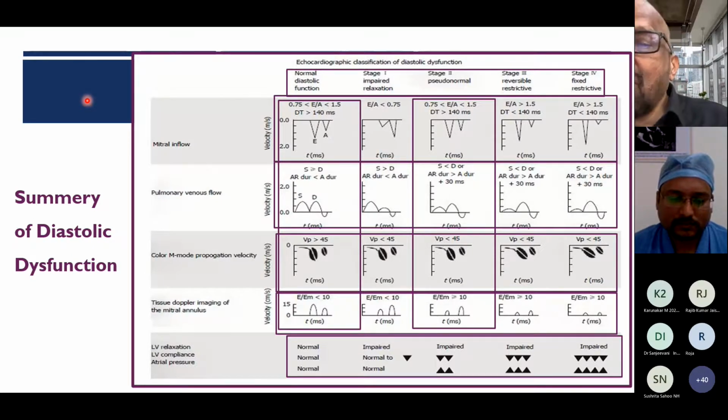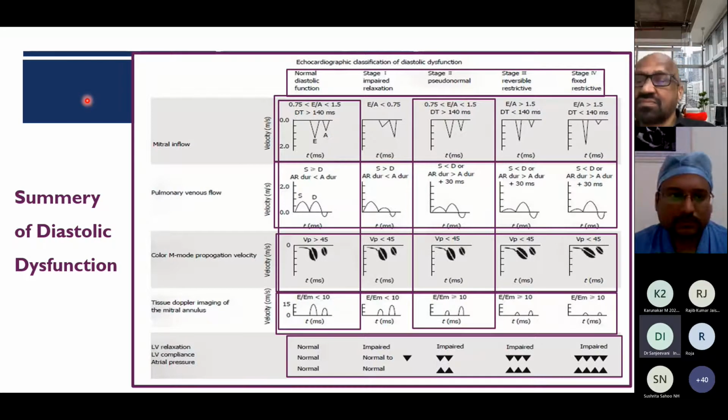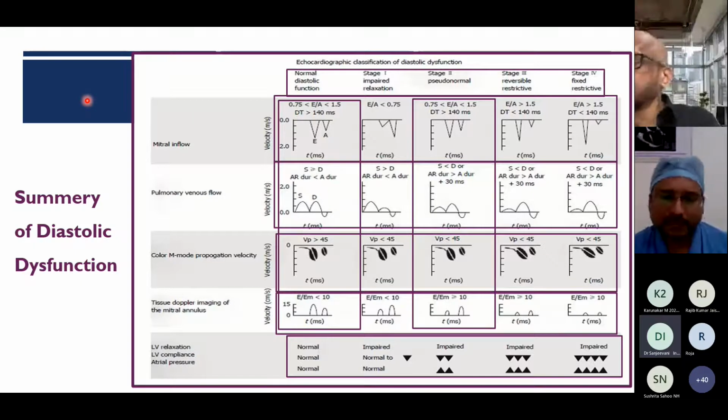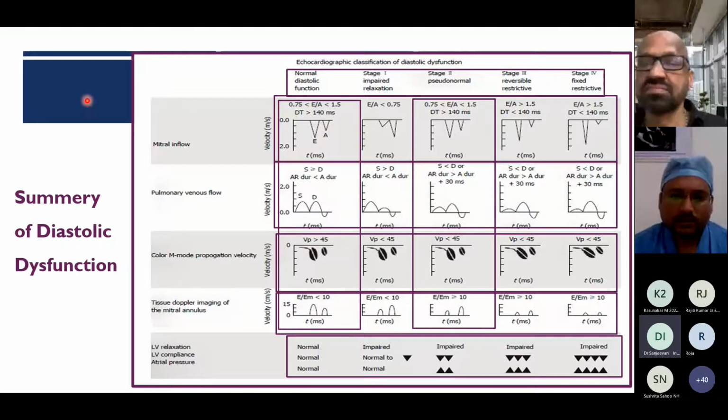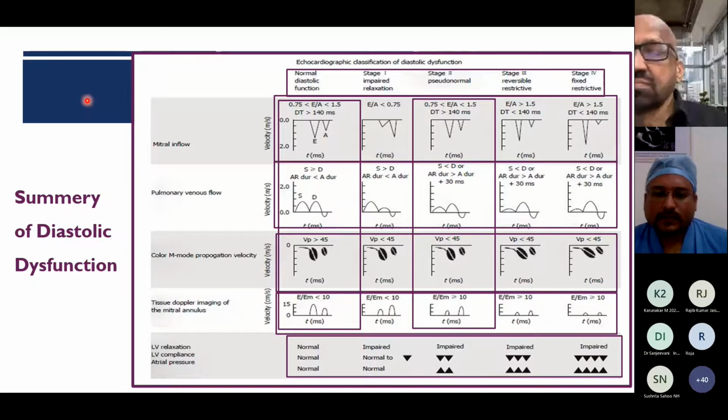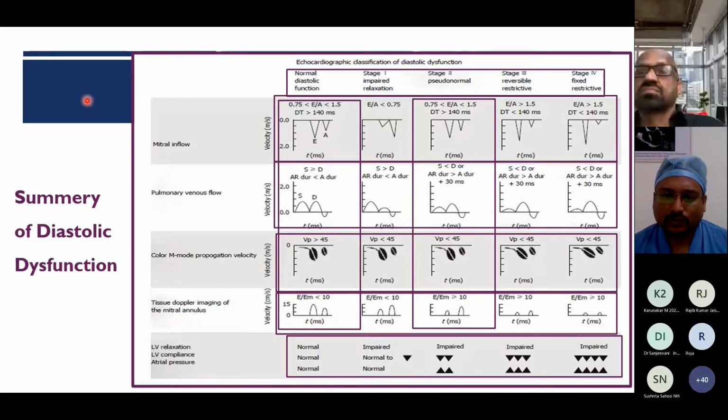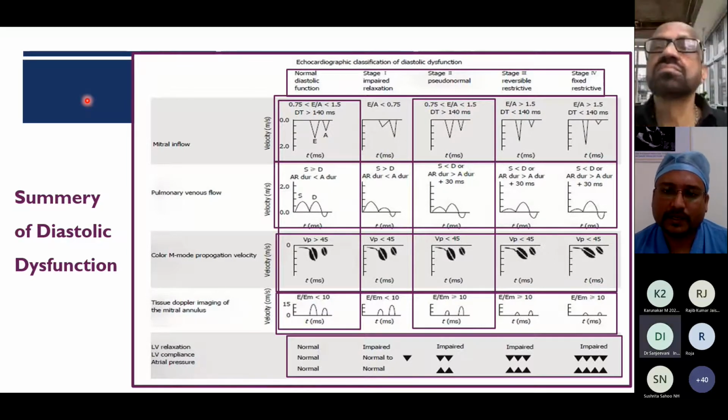Dr. Sanjeevani, you want to say anything? But when you do TDI of tricuspid annulus, it is precisely for right ventricular function. It will not tell you about the left ventricle, and it is really difficult in mitral valve. So one has to go by IVRT, which is a good measure for diastolic dysfunction, relaxation. In one slide, I have shown, madam, how to calculate that IVRT.